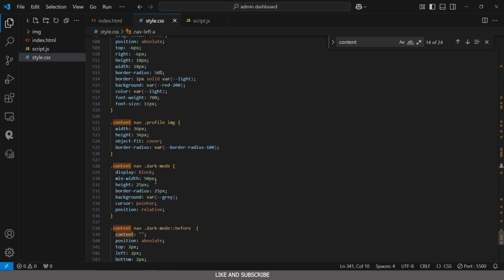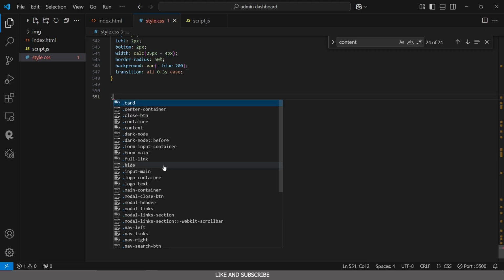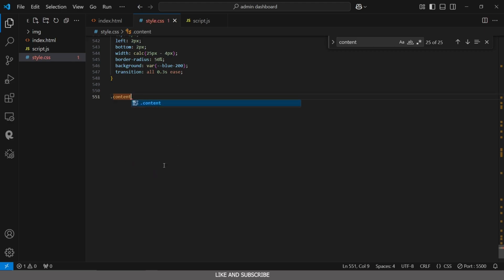So what we need for the checkbox is, let's see, I'm going to say dot content. If we want it to switch to the other side, say dot content now. We need the ID, dark mode, and we're going to say checked. This means that whenever we click on the checkbox to check the input itself, then we're going to have the